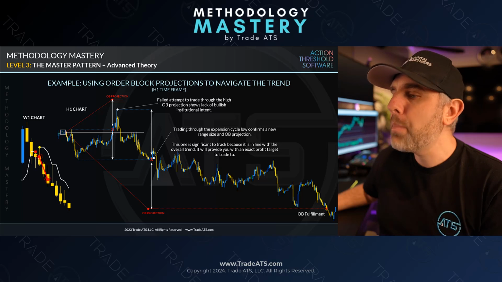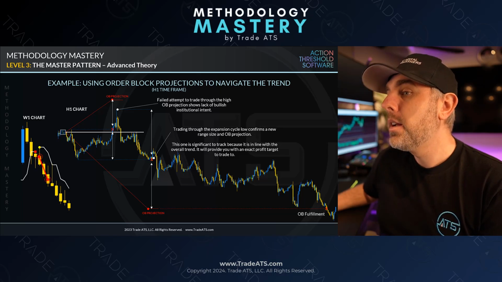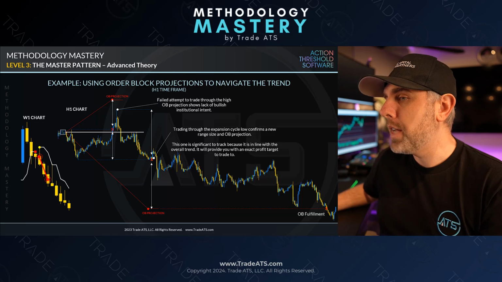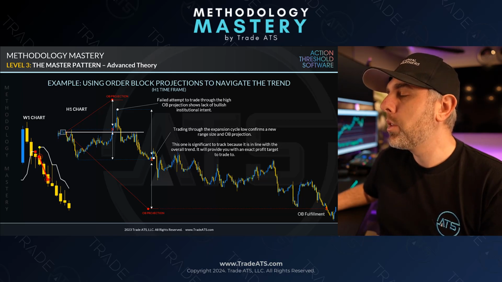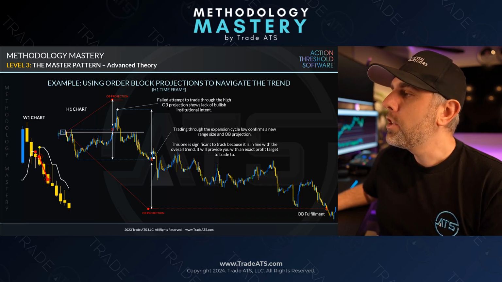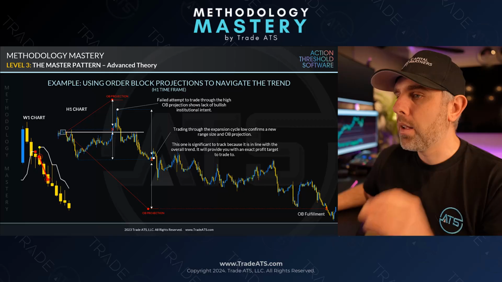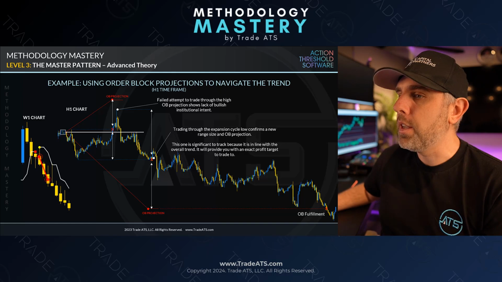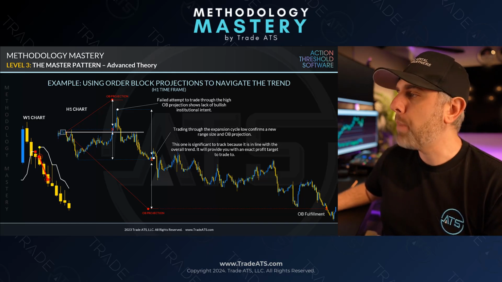So from a mathematical standpoint, if you traded up on the failed attempt to go long, you came through swing low liquidity, predictably we're looking for the market to go short because the weekly's already short. You can mathematically count on what you can expect to the short side based off the order block projection. It is a conservative profit target to trade 100% of the range size that is established by the market makers. Again, this is why it's better than Fibonacci, because it's set off of the multi-leg expansion.